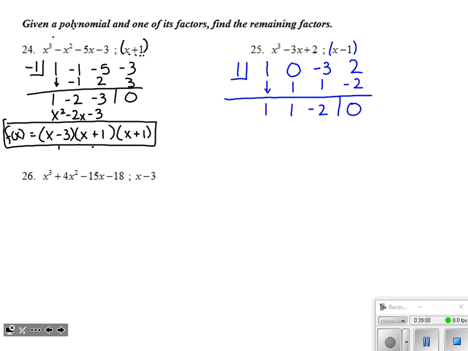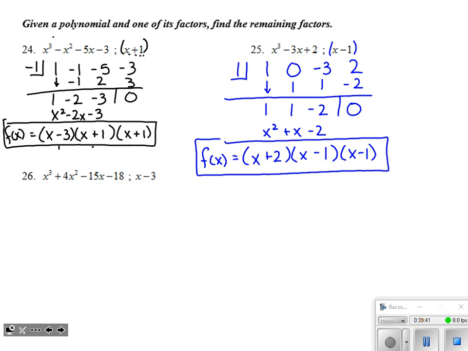All right, I'm feeling pretty good. I got a 0 remainder. That's exactly what I wanted to see. This quotient underneath means 1x squared plus 1x minus 2. And yet again, we get a nice, friendly magic numbers factoring. So my function f of x in fully factored form will have that x plus 2, that x minus 1, and that other factor of x minus 1 that we divided out with synthetic.